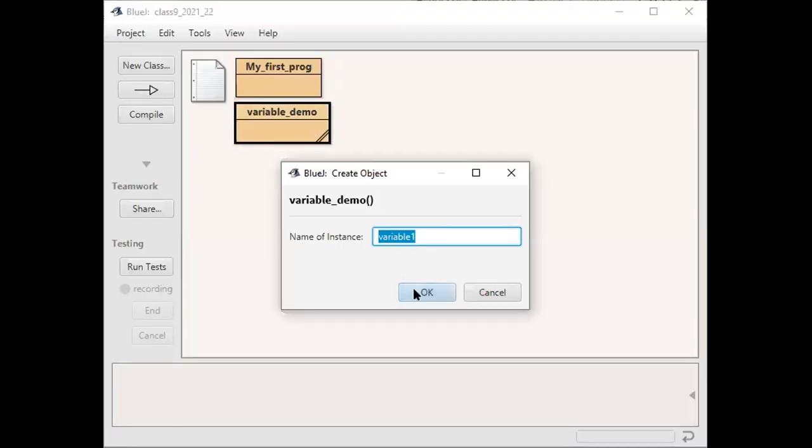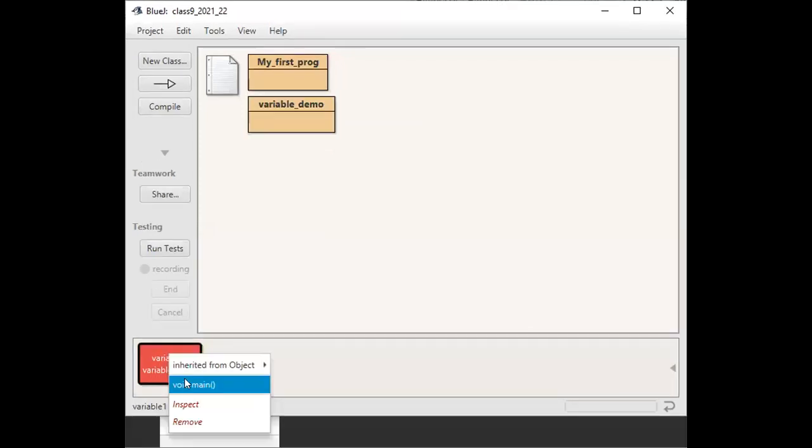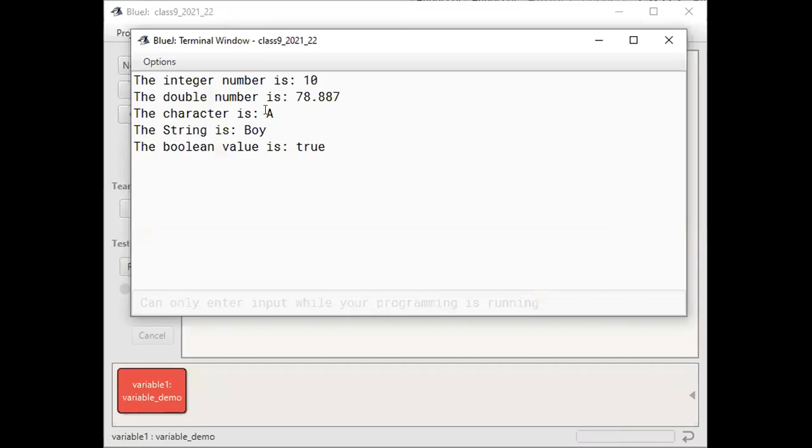New, that same class name will appear. Then after clicking on that, you'll get the red box over here. Then click on void main. Now you see the output become more meaningful. Like that, we can print different